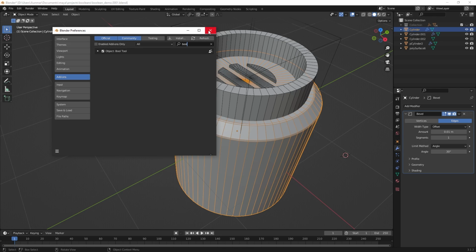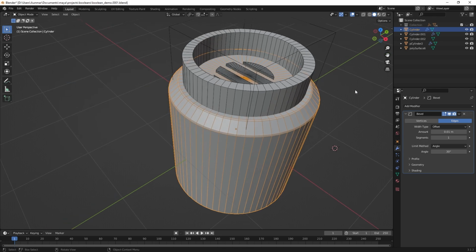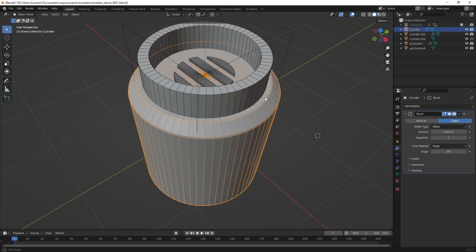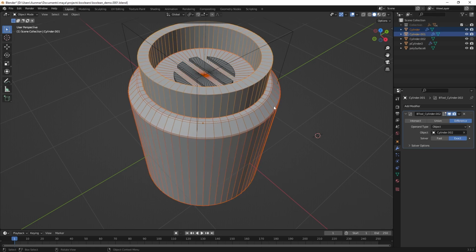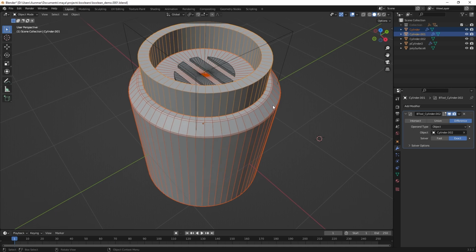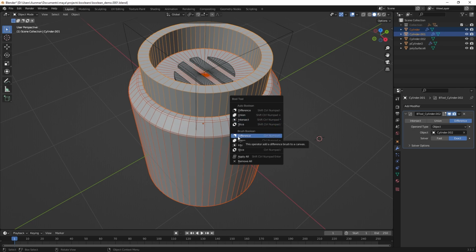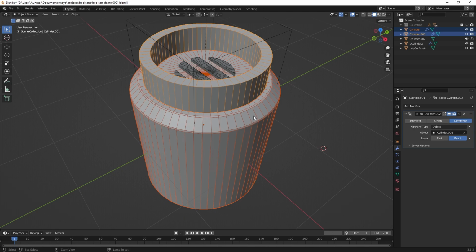So you need to enable the Bool Tool. And once you have that Bool Tool enabled, and I have a couple of pieces already set up, I can now just select the parent object, select the child object that I want with a shift click. And then if you hit Control Shift B, you can see that the Bool Tool menu pops up, and you can do a difference. So if I do a difference, I did it in the wrong order